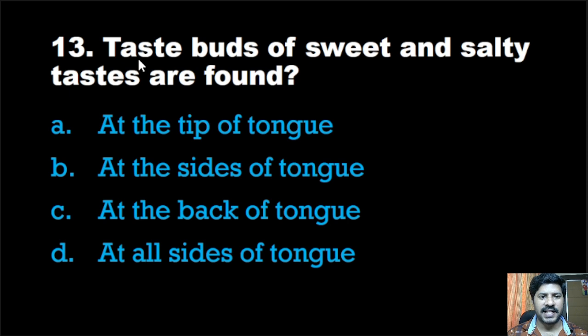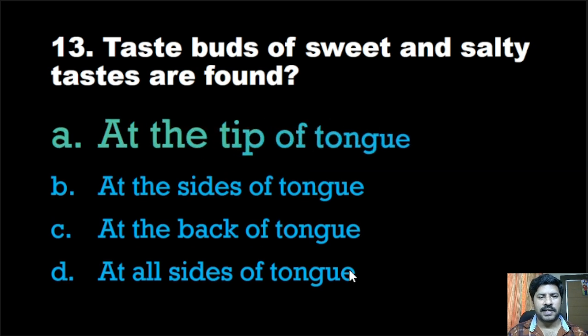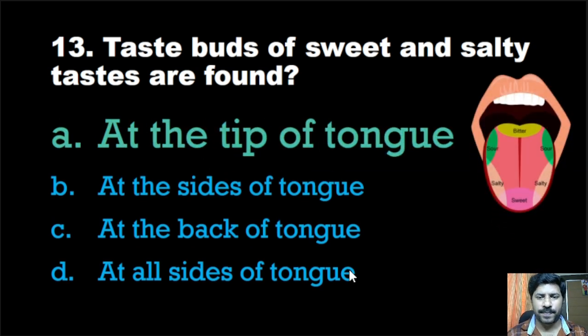13th question. Taste buds of sweet and salty taste are found at the tip of the tongue, at the sides of the tongue, at the back of the tongue, at all sides of the tongue. Correct answer, at the tip of the tongue. So here is the example, the taste buds